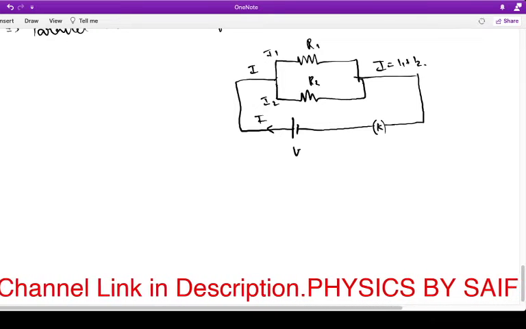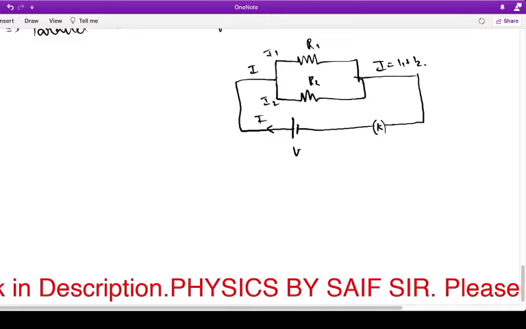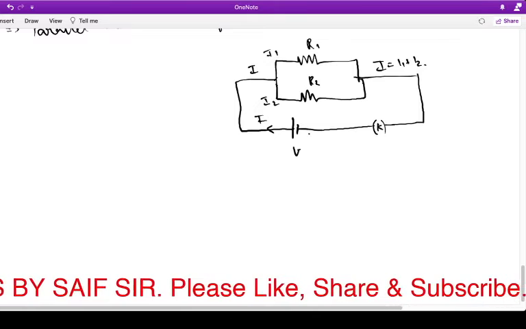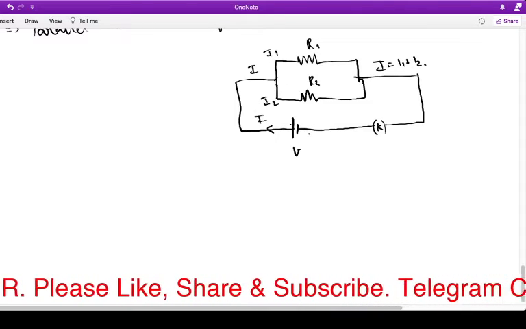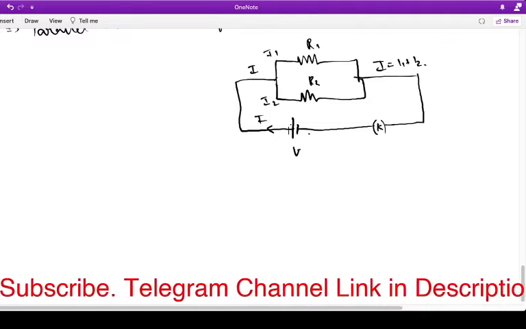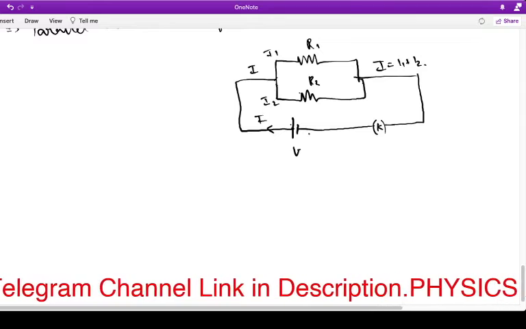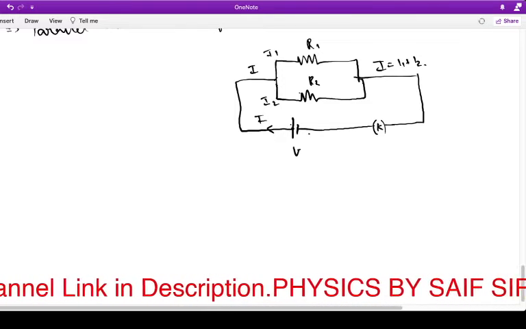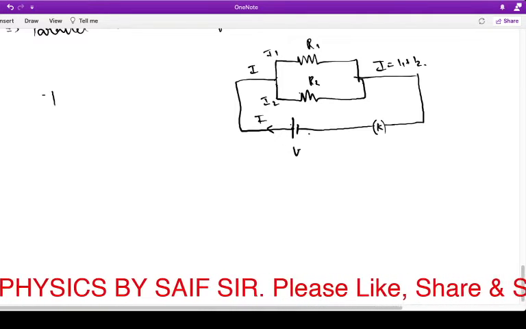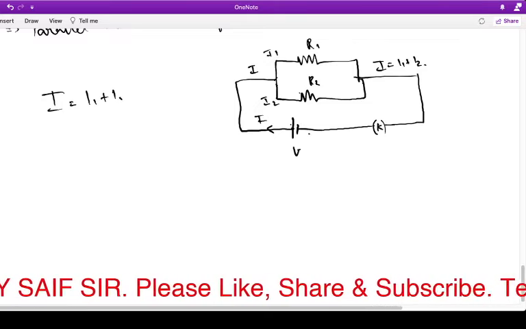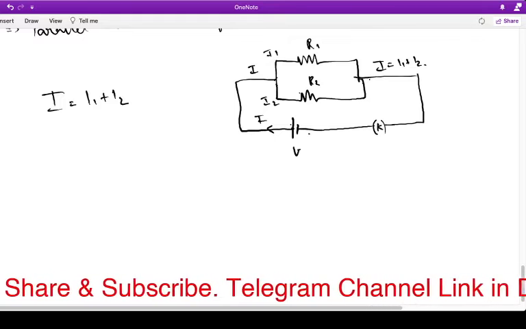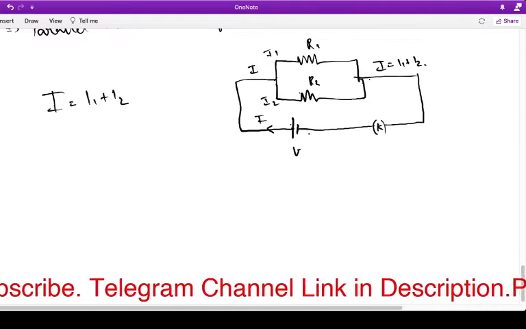Now based on this equation, like in the previous series we have seen V is equal to V1 plus V2, but here all three parameters are in parallel, so that's why in parallel the voltage is same. This is parallel to R2 and R2 parallel to V, so there is no voltage drop, but there is a change in the current. So we'll use this equation I is equal to I1 plus I2, because this current will get split and again here it will get added. Based on that equation we'll solve the parallel combination.